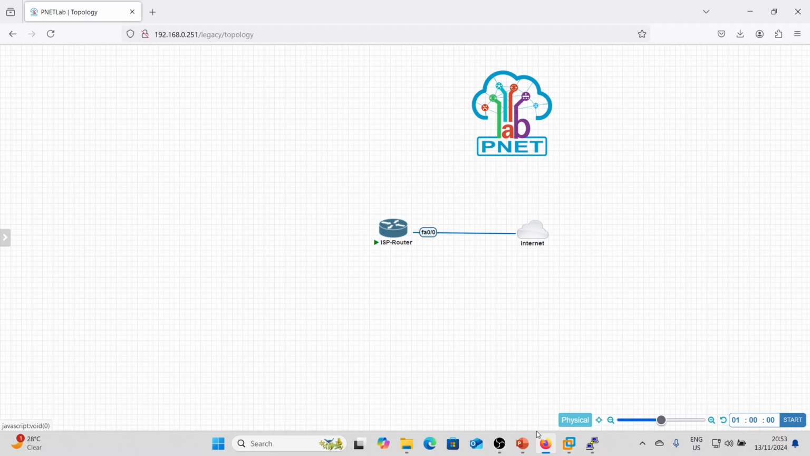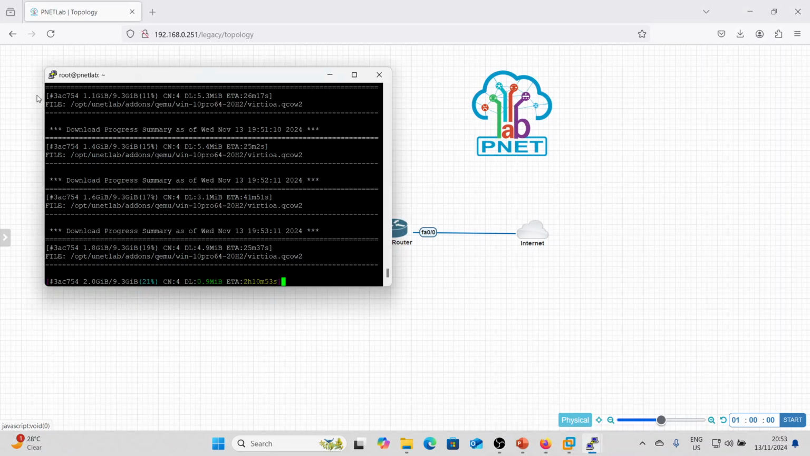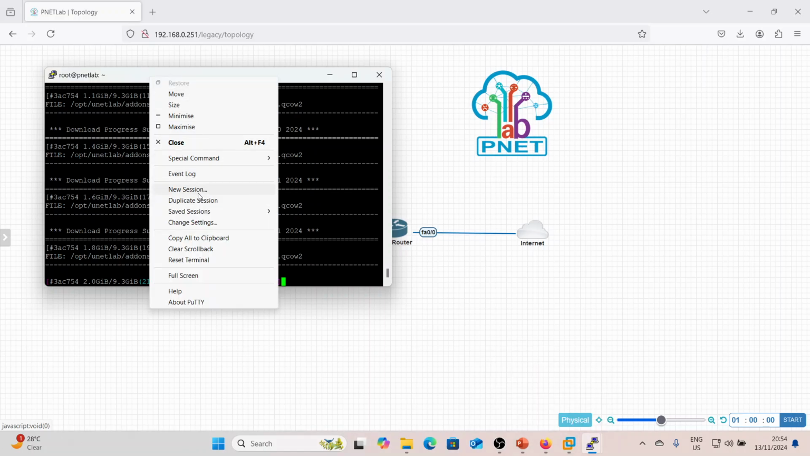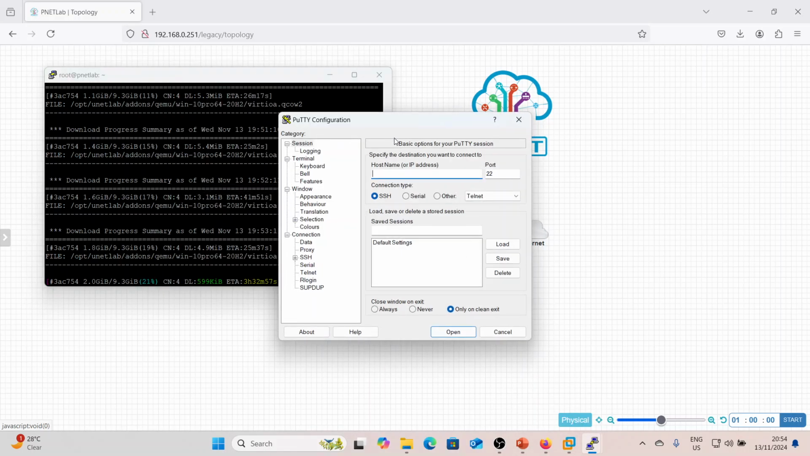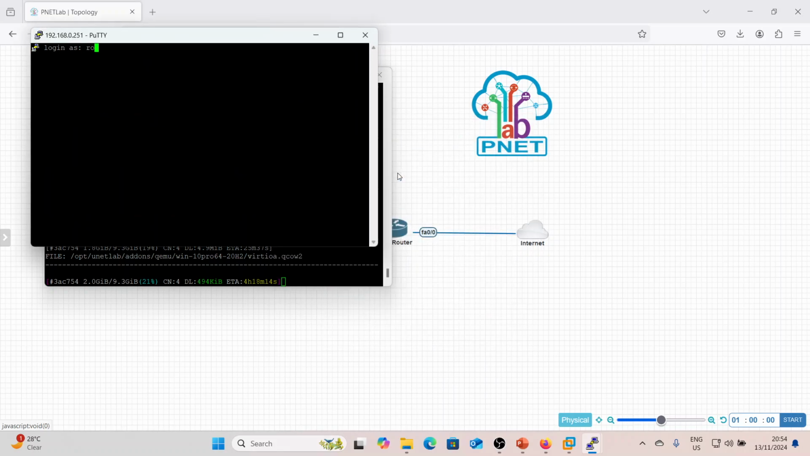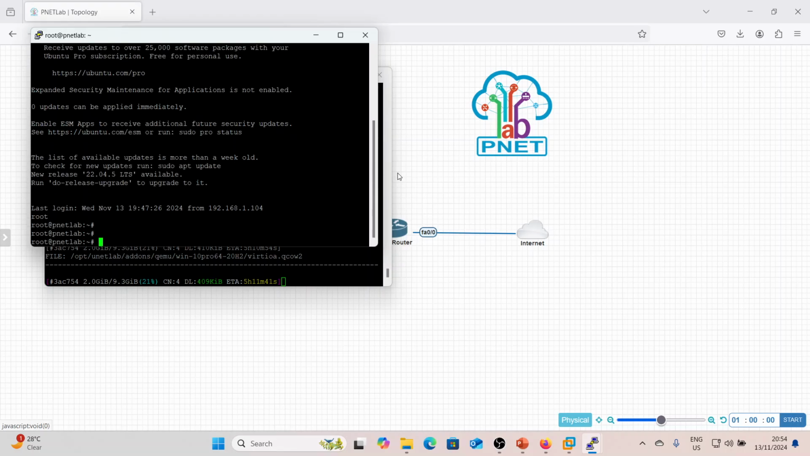So we can bring up another instance. Okay, let's duplicate one of these, or let's look for a new session, right? So we'll say 192.168.0.251. We'll log in as our root user. We'll put our password, which is peanuts, and then we can say